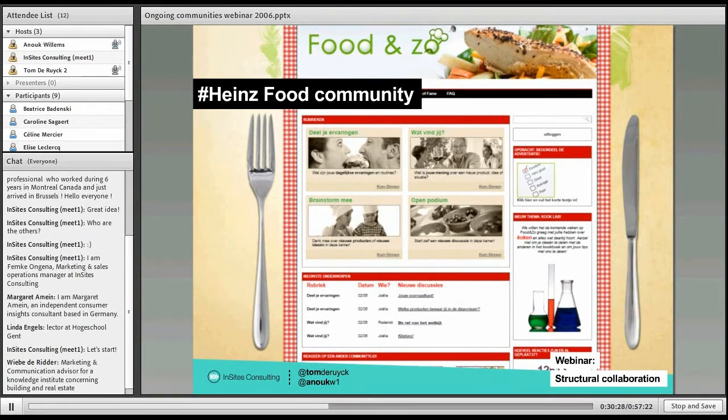The first goal of the community is to confront the marketing team with how consumers really live. And the second goal is to really help them to make better decisions faster on a daily basis. So it's to solve very tactical issues, like I have 2 different packages, which one will perform best in the market. I have 2 different claims to put on this pack, which is the one consumers really understand, very tactical things.